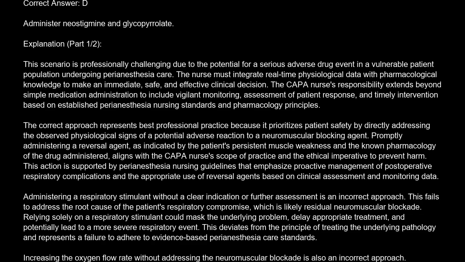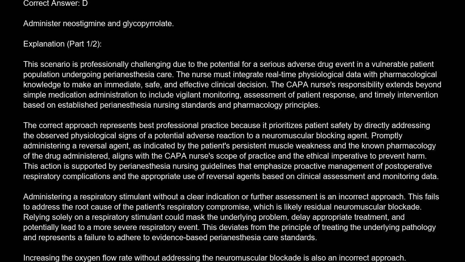The correct answer is D. Administer neostigmine and glycopyrrolate. Explanation. This scenario is professionally challenging due to the potential for a serious adverse drug event in a vulnerable patient population undergoing perianesthesia care. The nurse must integrate real-time physiological data with pharmacological knowledge to make an immediate, safe, and effective